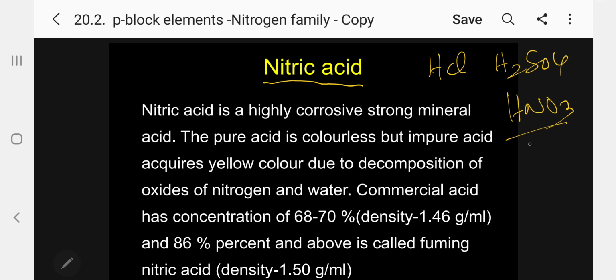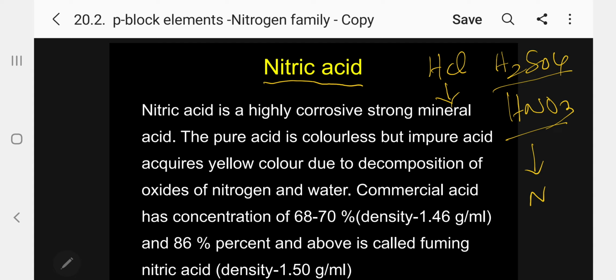So, nitric acid coming under the nitrogen family, the HCl coming under the halogen family, sulfur coming under the oxygen family. So, these are the 3 minerals. Whenever you study, you must know the differences between the action of dilute nitric acid, the dilute acid, and the action of concentrated acid with non-metals, metals, and metallic compounds.